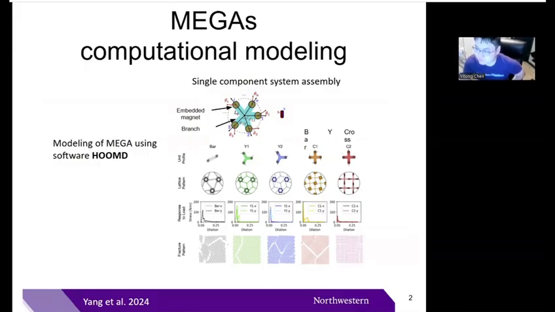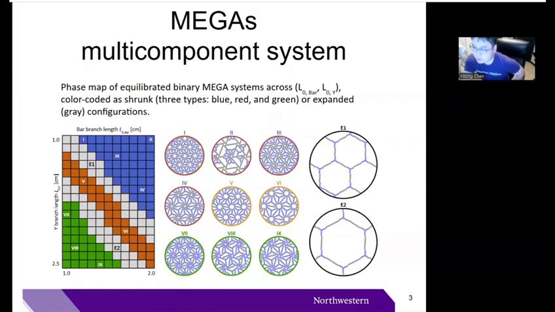Conventionally, computational models are a powerful tool for elucidating the fundamental deformation mechanisms. Previous work by Yan and co-workers has focused on mechanical properties of single-component systems. Here we use a code that also provides simulations of multi-component systems, aiming to enlarge the data space, which will be more suitable for machine learning work and across different